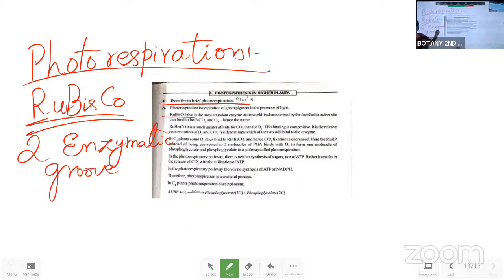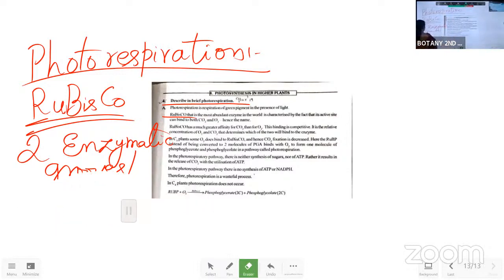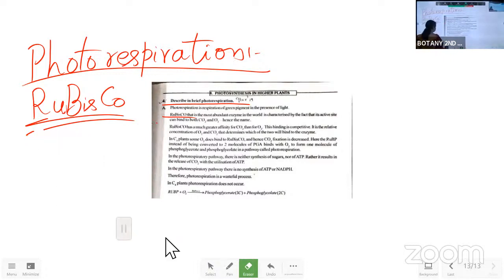Or what we can say, activation sites. Two activation sites. In this, one is having two different shapes also, these two activation sites. One is for the carbon dioxide and another one is for the oxygen. Whenever the oxygen is more and the carbon dioxide is less, then the oxygen acts as a competitive inhibitor over